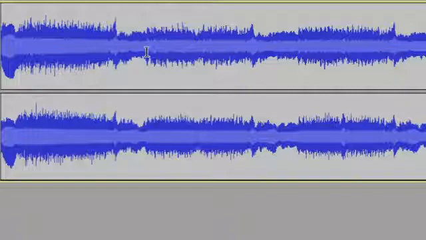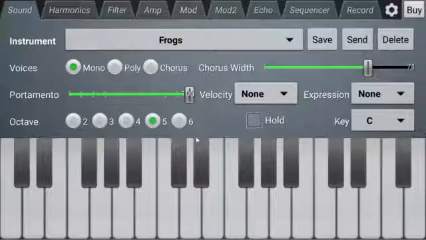Anyway, so for the frogs, what I needed to do was create some croaking kind of sound, and thankfully this one has quite a few modifications. So if you switch to the mod section, unfortunately I don't have a screen capture for it. I want you guys to be able to use this program, so I just want to get this pencil thing